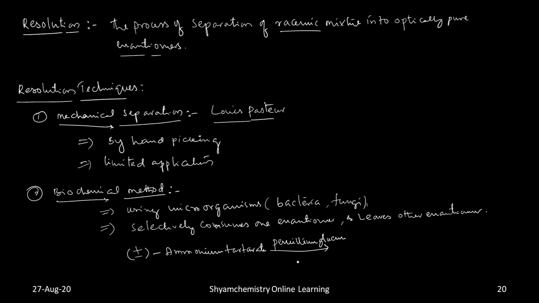This penicillium glucum consumes only the plus isomer, then leaves minus ammonium tartarate